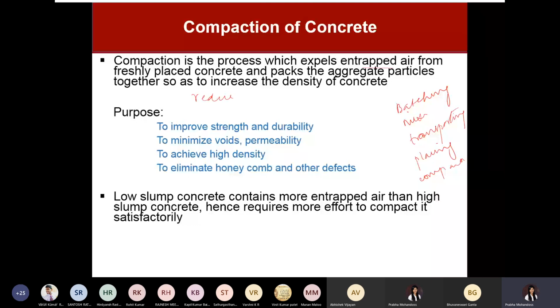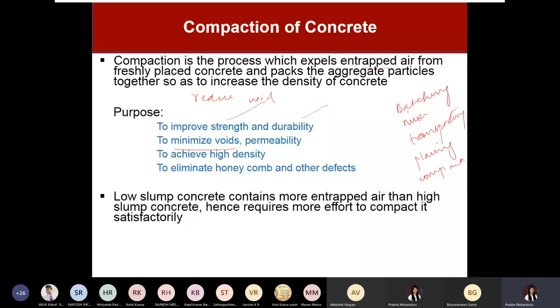If voids are reduced, then permeability, that is the path for foreign elements to get in, will be reduced, and that will improve your strength and durability, because when you reduce your voids or the entrapped air, that helps you to compact the structure, and eventually that results in an increase in the density of concrete. So when the density of concrete increases, strength will be improved.